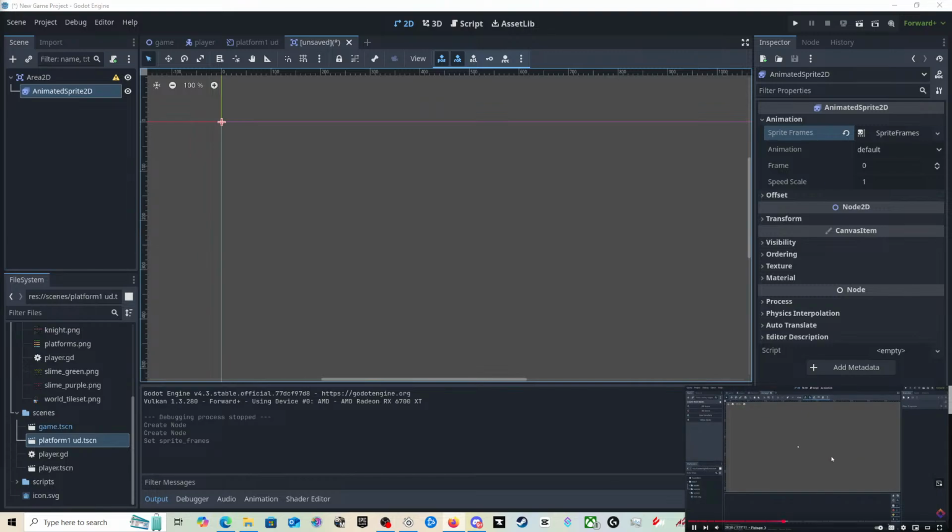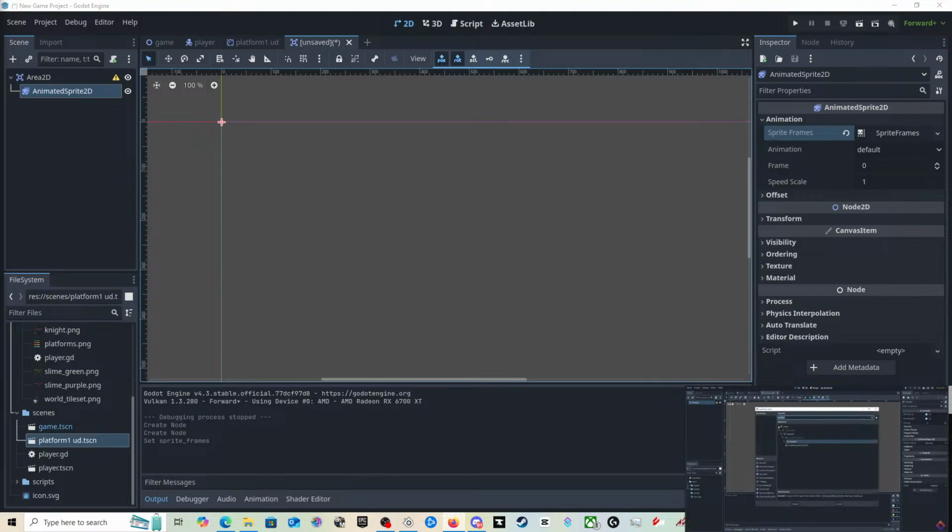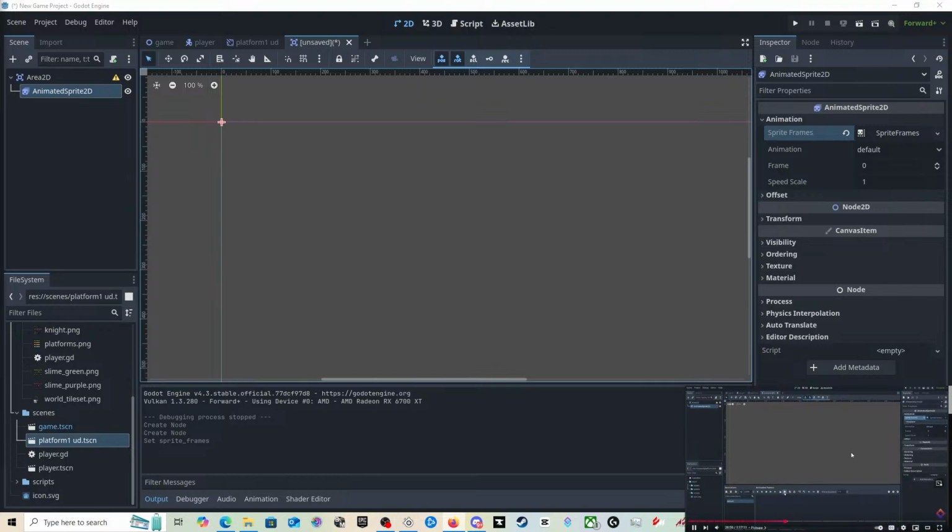A new scene. Let's create a new node, and let's this time search for area 2D. Area 2D, yeah. Node that we use whenever we don't want to collide with other objects, but instead we just want to define an area in which we can detect collisions. So we simply use this to detect if another body enters, such as the player character. Let's create an area 2D. Let's also add some graphics, so Control A, search for sprite, and we'll select the animated sprite. Under animation, let's add some new sprite frames, select it, and let's load in from a sprite sheet.